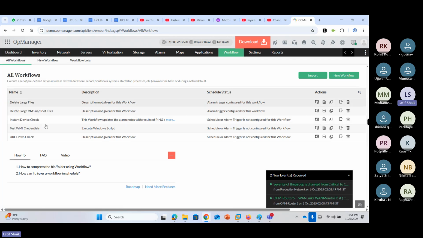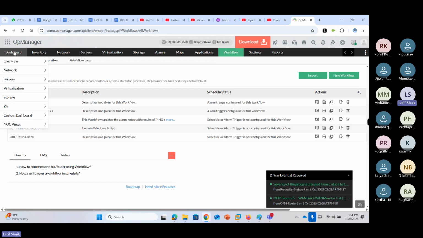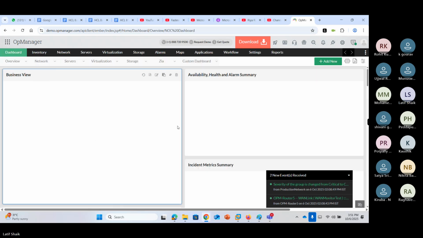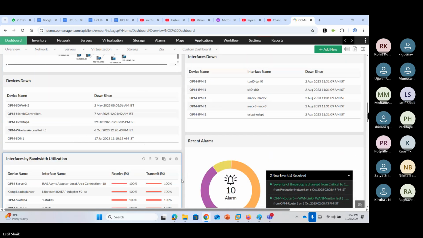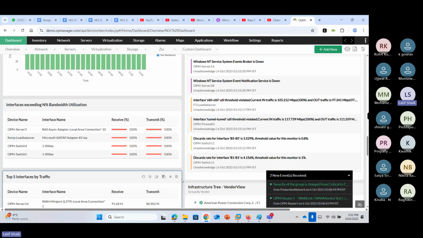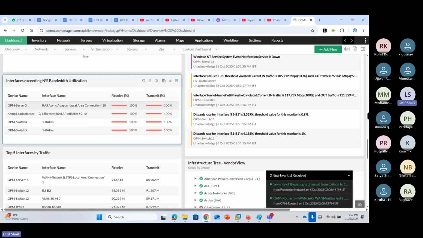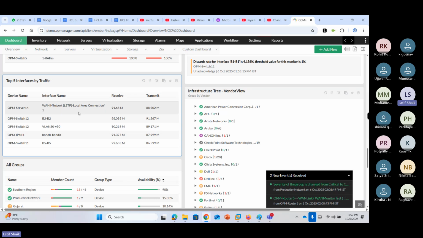These are all workflows: detected large files, large VM snapshot files, test URL down. It's loading very slowly. These are the systems that exceeded 100% bandwidth utilization.